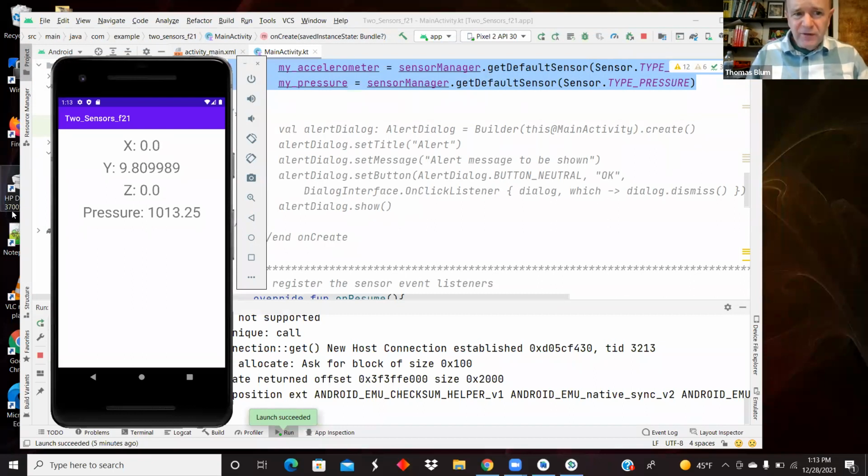Okay, so in our previous example, we had an accelerometer, and the values from that sensor had an X, a Y, and a Z. And so we've added to the accelerometer a pressure sensor. And so here it is in emulation, and we click on the ellipsis,